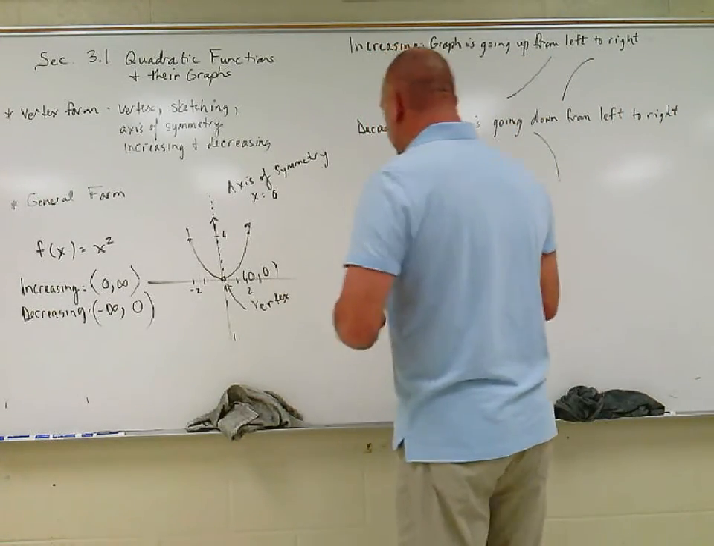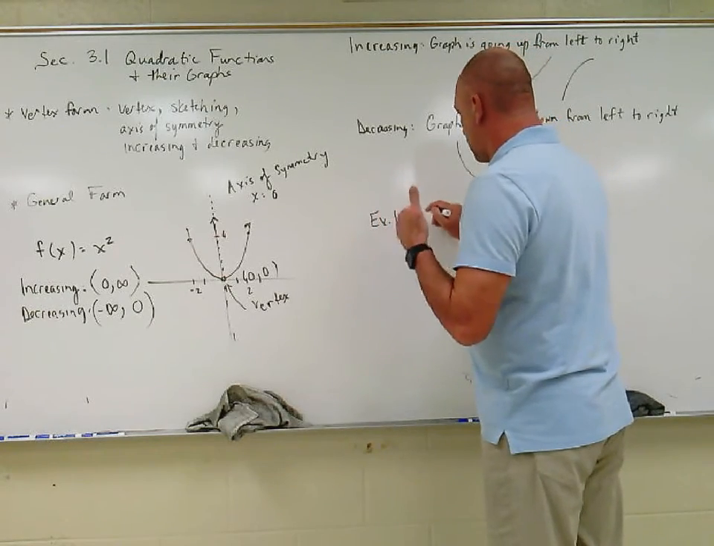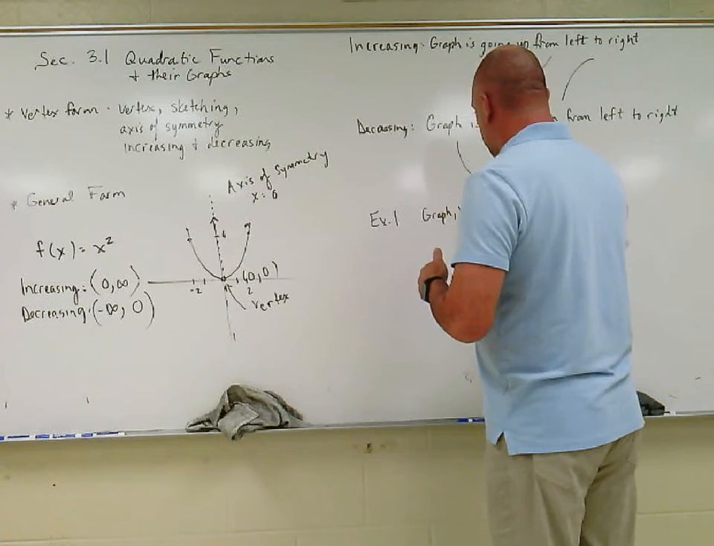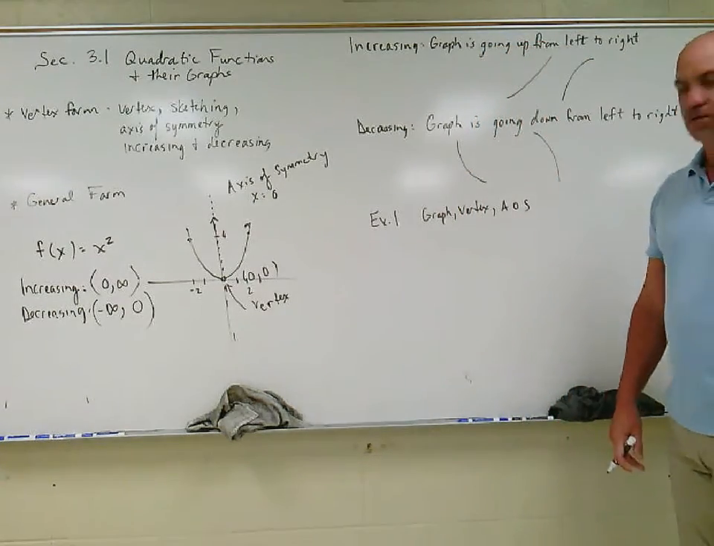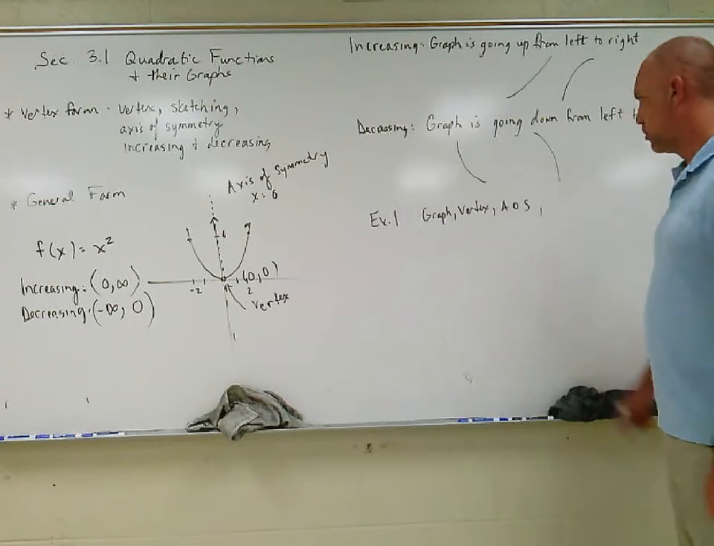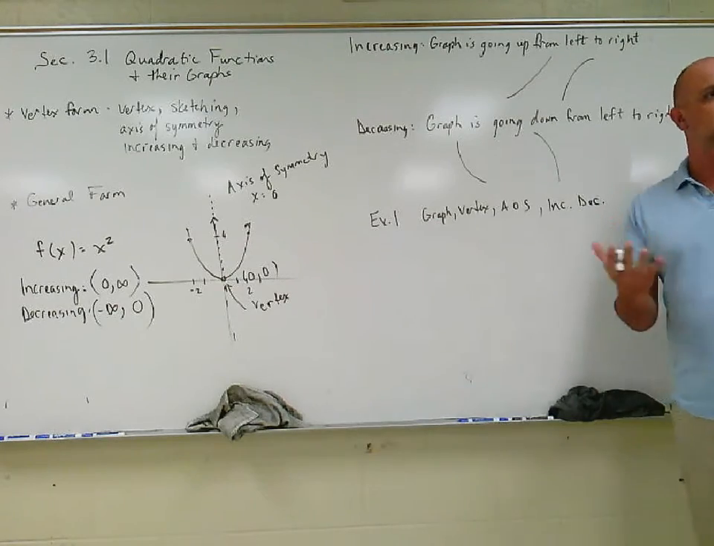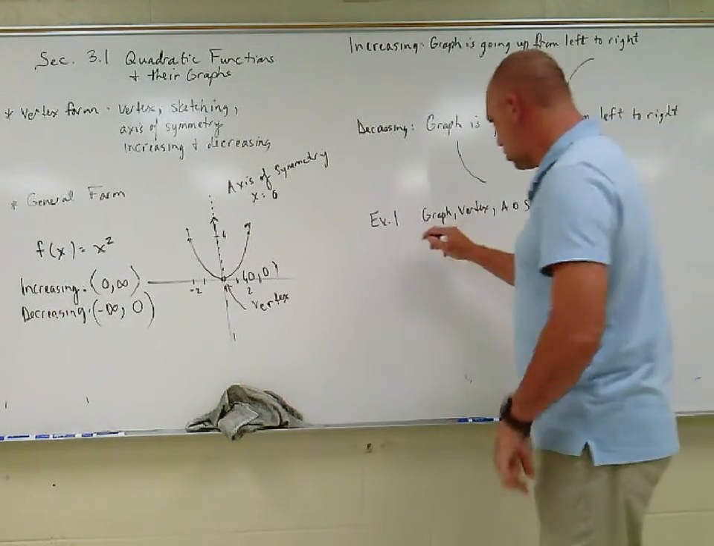So on all of these, here's what we're gonna do. We're gonna do four things. We're gonna graph, we're gonna find the vertex, we're gonna do AOS. What's AOS short for? Okay. And we're gonna do increasing, and we're gonna do decreasing. Those are the things that basically describe your parabola, okay? All right, so